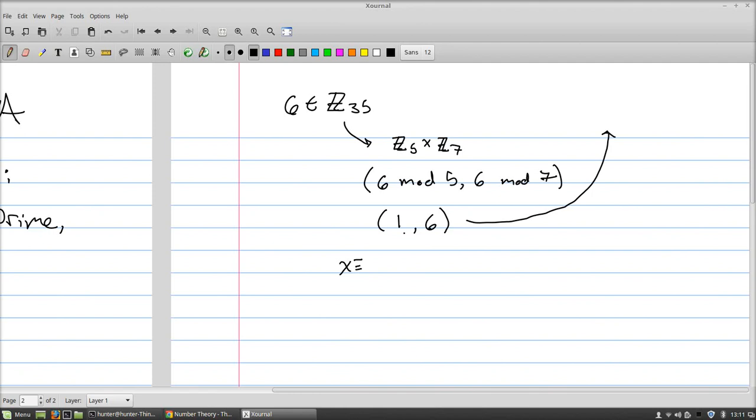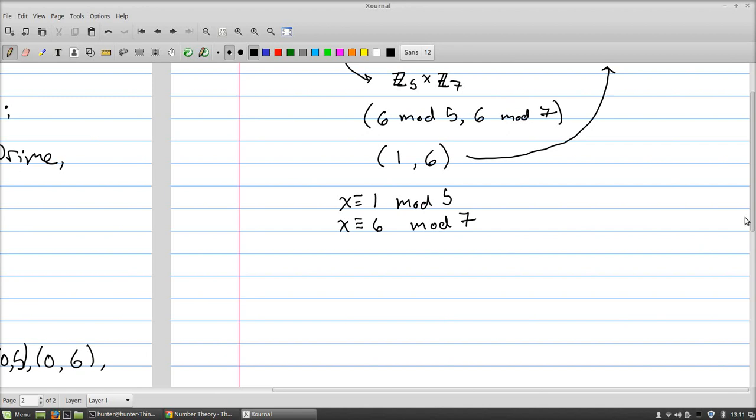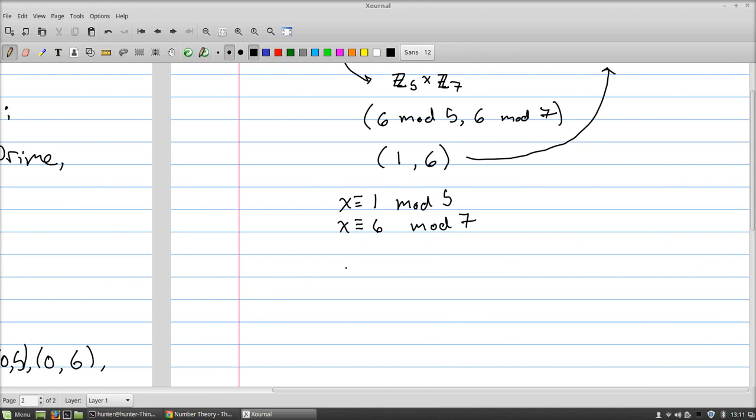So when we go from the pair back up to Z mod 35, what we want is some element which is congruent to 1 mod 5 and is congruent to 6 mod 7. So how can we sort of cook up an element like that? There's a smart idea, which is